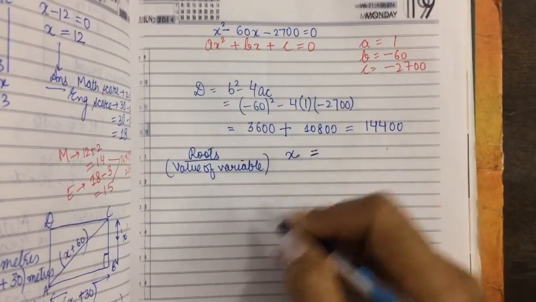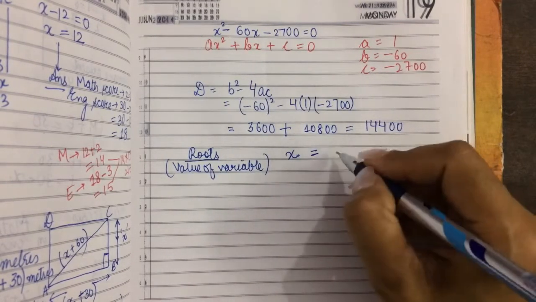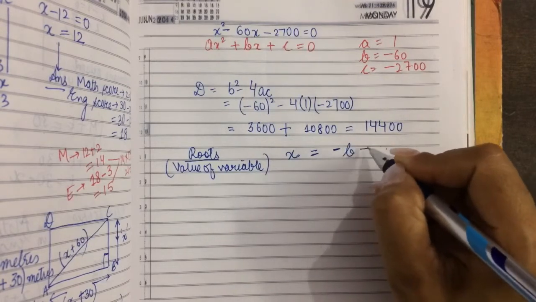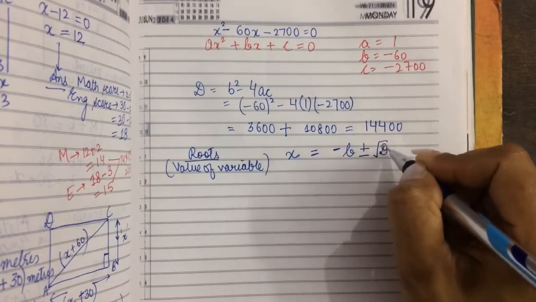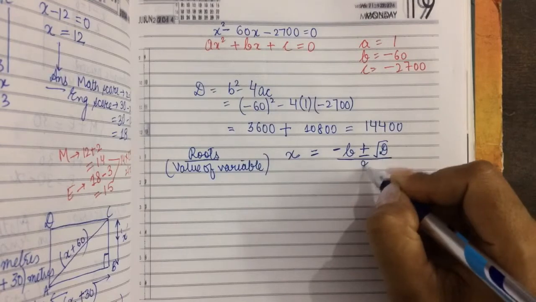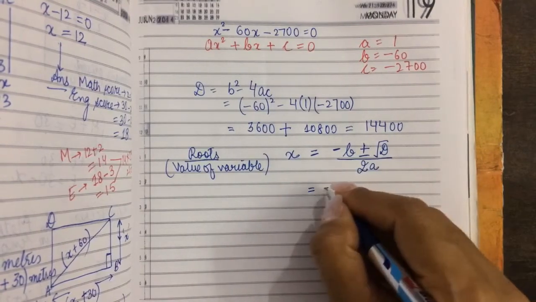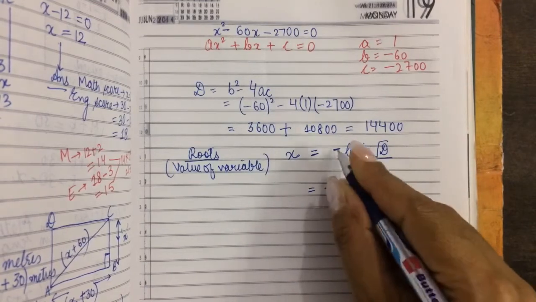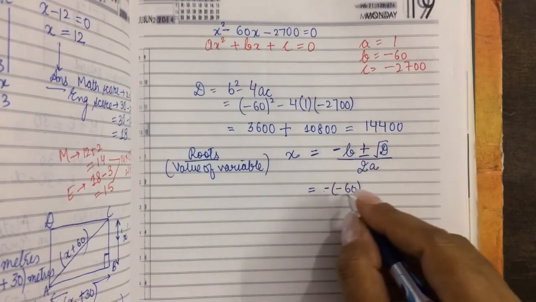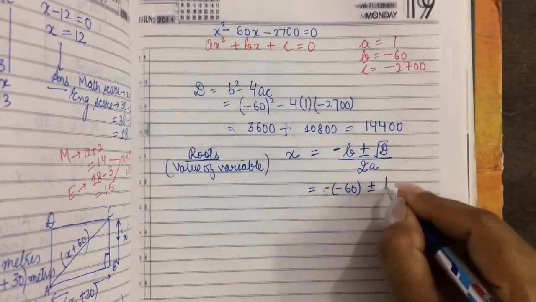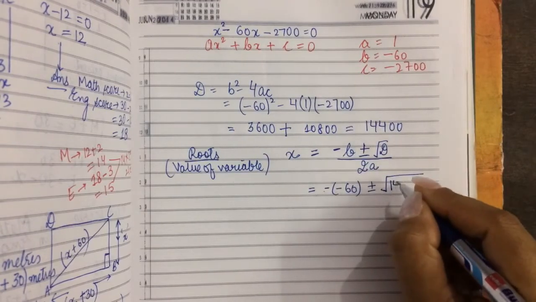So I'll be obtaining the value of x here. These will be given by minus b plus minus under the root D whole divided by 2a. Let's substitute the values. Minus of minus 60, this minus b itself is minus 60, plus minus square root of